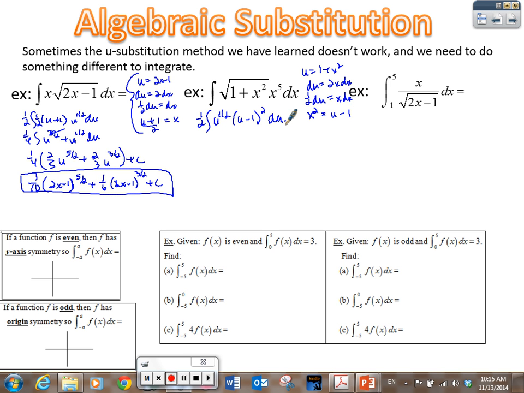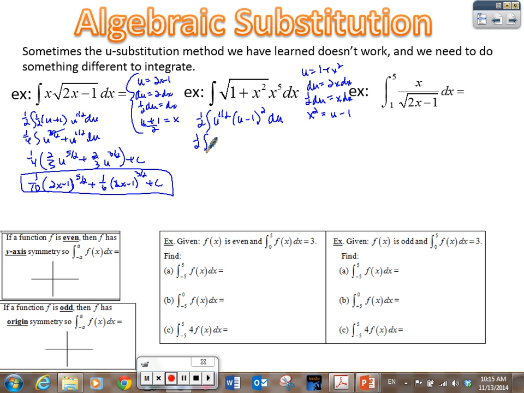Now, again, we don't have product rule or chain rule or anything like that. So we are going to have to FOIL that out and distribute the u to the 1/2. So let's try to get some of this done in our head. This distributed would be u squared minus 2u plus 1, right? I distribute the u to the 1/2 to those, and I get